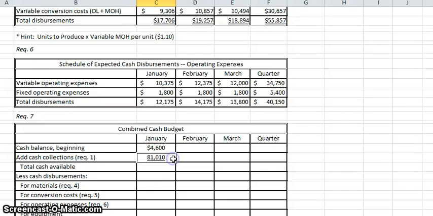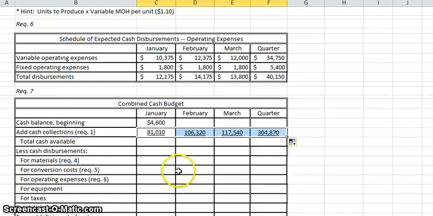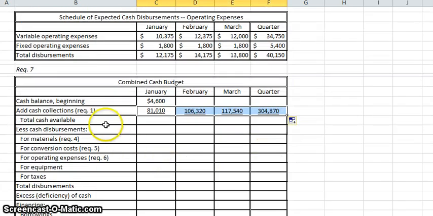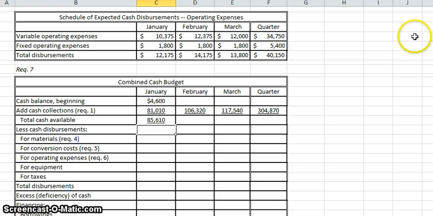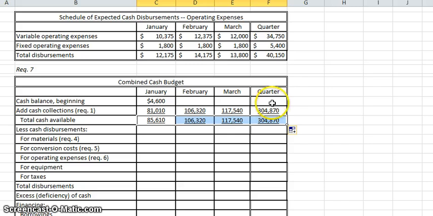And we can copy that across all the way. Then the total cash available is the sum of those two. And while we're at it, we'll copy the formula all the way across. Now, notice I didn't copy the cash balance all the way across because it's going to be changing. So some of these lines you can copy across, and others you have to wait, and we'll do a month